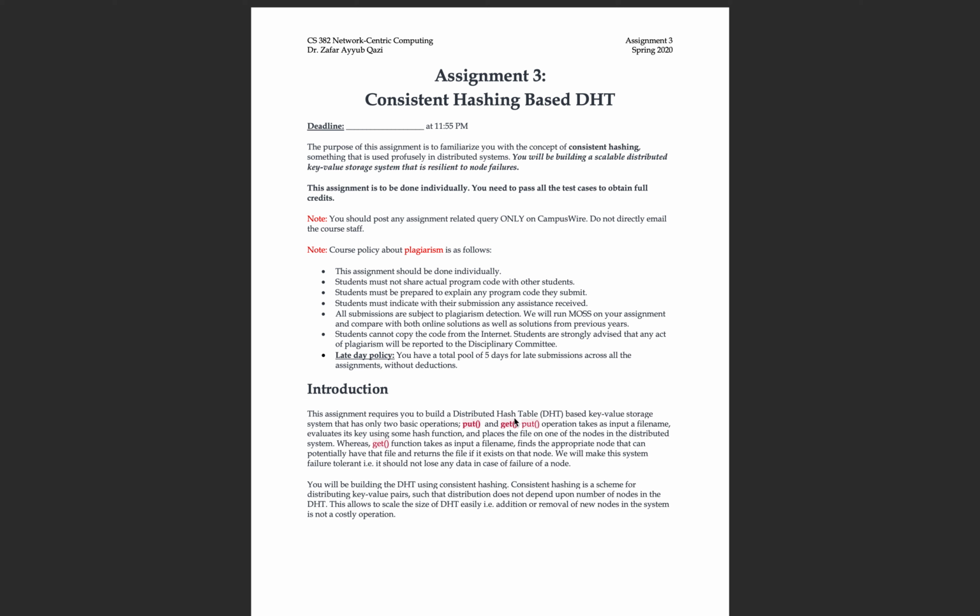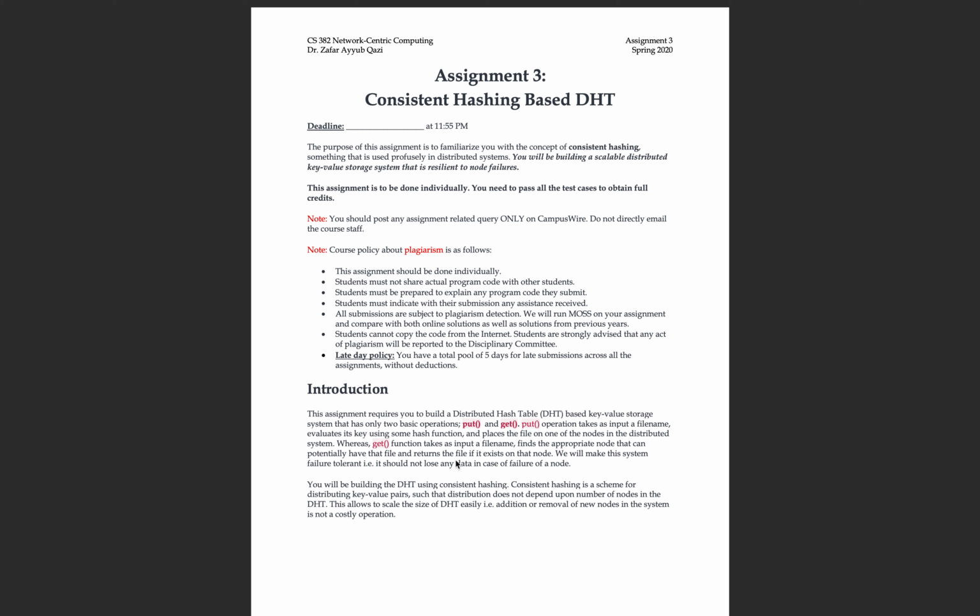Distributed hash tables are basically decentralized storage systems which are used to store plenty of files on different nodes. You have a network constructed out of different machines. Each machine is called a node, and you want to store different files on those nodes in such a way that the purpose is to balance load on the whole system, right?